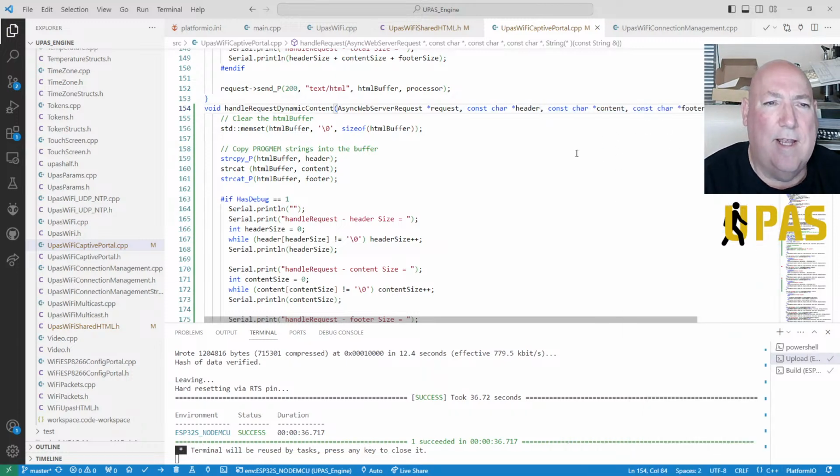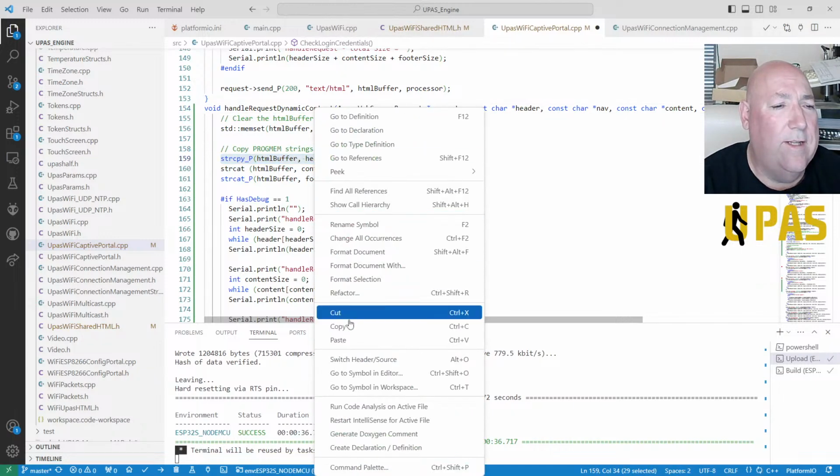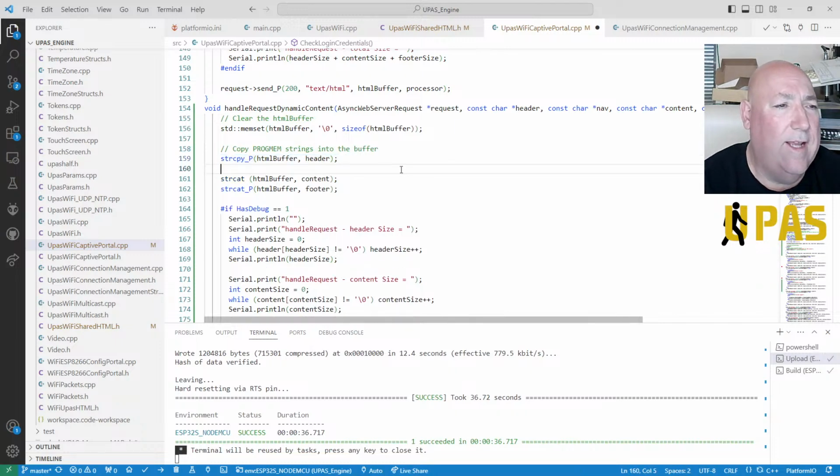So we need to do the nav here. So let's call it nav. Nav, and we got content, so we'll need to do string copy buffer header and then the nav.